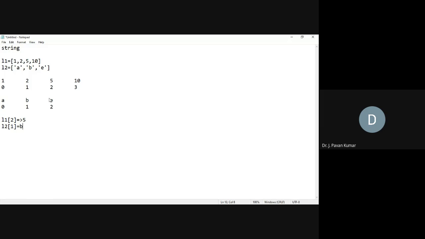Whatever indexing we used in strings, the same kind of thing is applicable here. Next, one major property: order is very, very important in this. Whatever elements we have, 1, 2, 5, 10, this order is important.